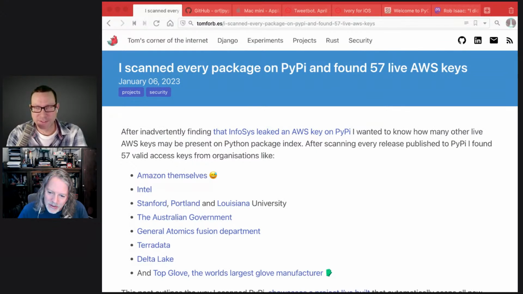Weird. Weird indeed. So it says, after I inadvertently found that Infosys leaked AWS keys on PyPI, I thought, well, if it's once, it's probably many times, right? They're probably not the only one. So after scanning all 430,000 published... no, actually, I think that's releases. There's 430,000 packages, but there's 4.1 million releases. So I think he scanned all the version history as well, in case somebody found them and took them out. Anyway, after scanning those, I found 57 valid access keys from